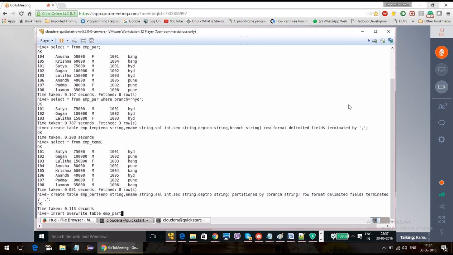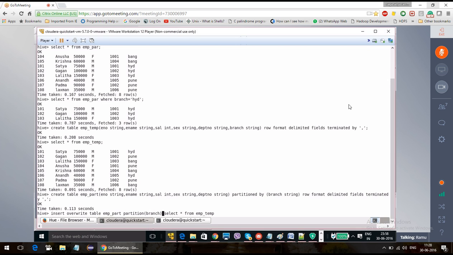Insert overwrite table emp_part, and I'm going to select star from emp_tmp table. Here I am going to mention the partition also. What is your partition? Branch.